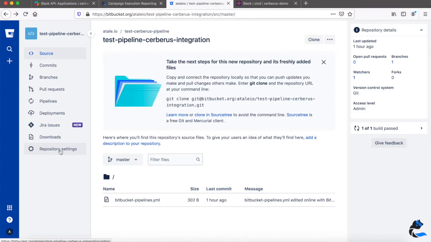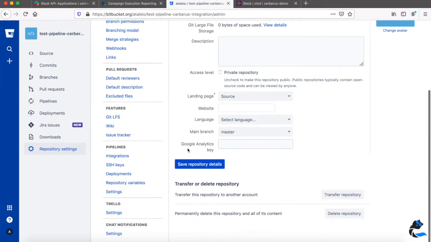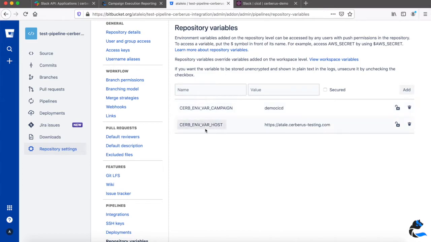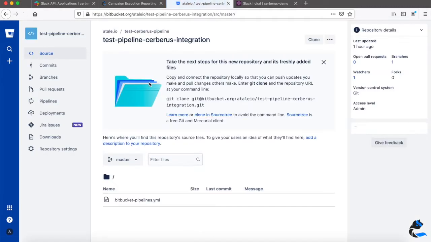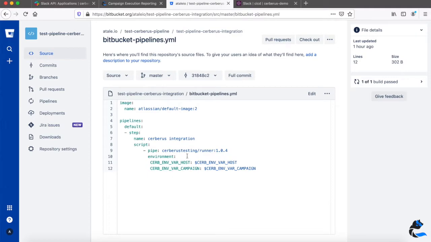Now we can test our integration. I have a sample project in Bitbucket, where I will share the configuration necessary to trigger the campaign. I specified my host for my Cerberus instance and the campaign I want to schedule, which is the one I just created. I will briefly share the necessary configuration as a sample pipeline in Bitbucket.